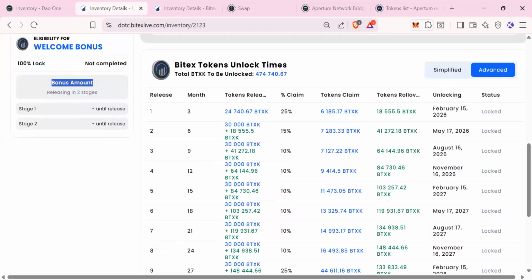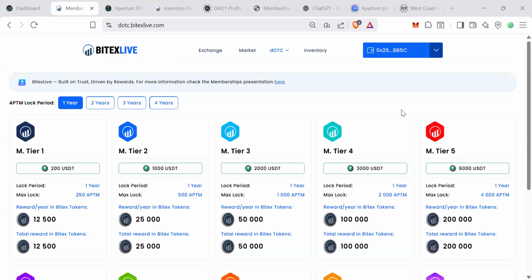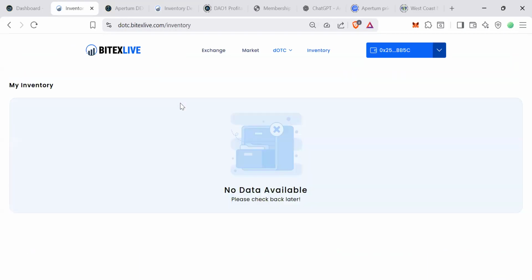If you just stand by here, I just want you to change the screen and share it. So, that 25% that says you can claim it, does it mean you have to take it out? No, no. As a matter of fact, you're going to then stake those coins, because the moment you stake the Bitix Live coins, that's going to give you